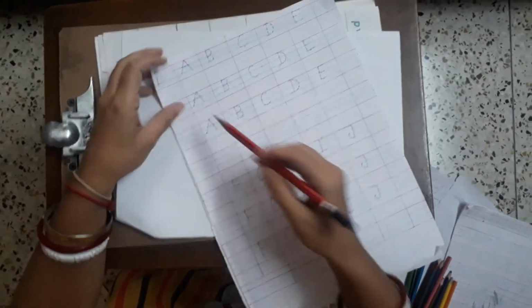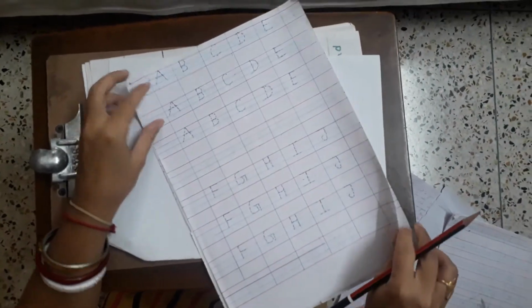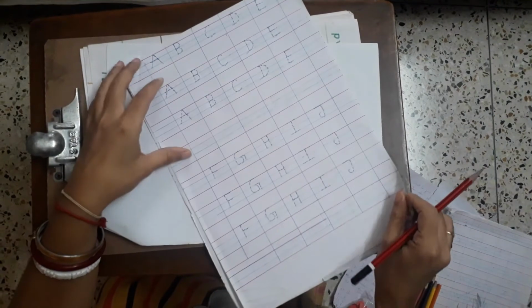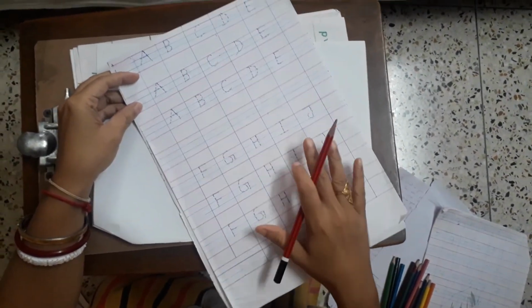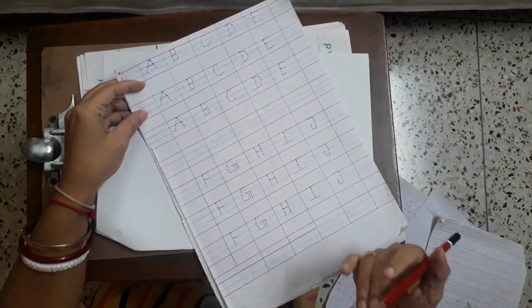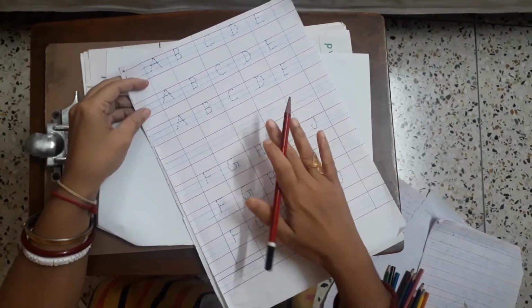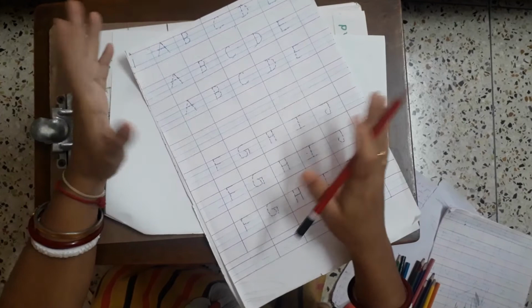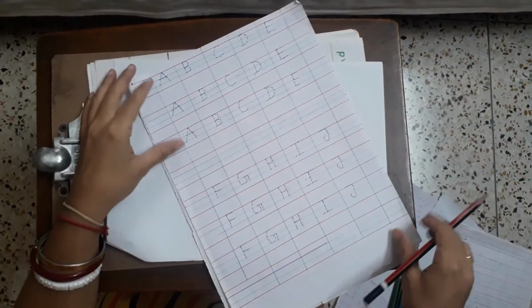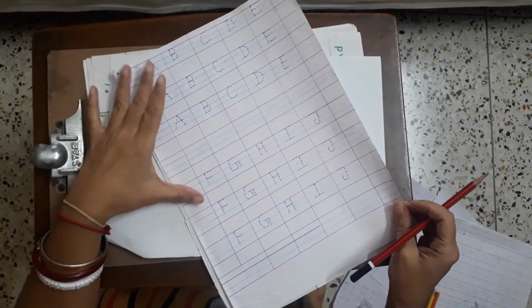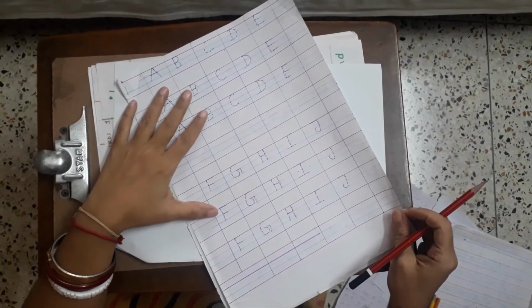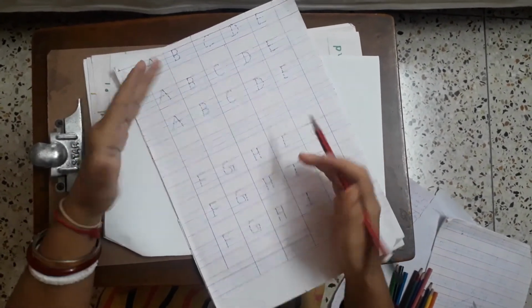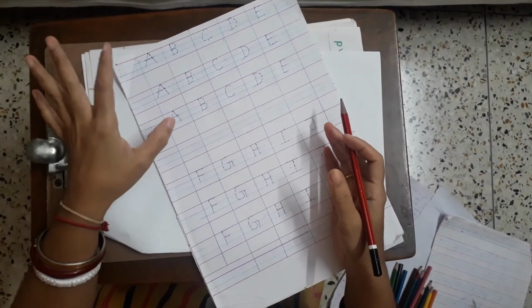So in this way you can make some sheets A to Z. You can make this sheet, and if you want you can put them in a transparent sheet and you can practice these alphabets number of times. As you can see that my daughter has used this sheet for a number of times and now she is totally familiar with capital letters. The same technique you can use for small letters also.